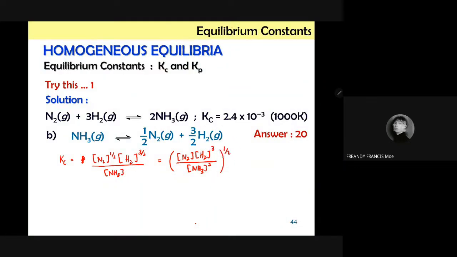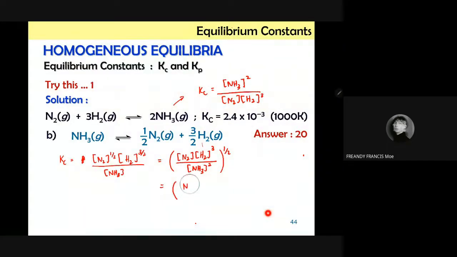1/2. So ini adalah yang asal. Lebih kurang sama macam atas, tapi terbalik. Kalau kita tengok yang ini adalah KC sama dengan [NH3]^2 bahagikan dengan [N2][H2]^3. So nampak dia terbalik. So hubungkan antara ini dengan yang ini sama dengan